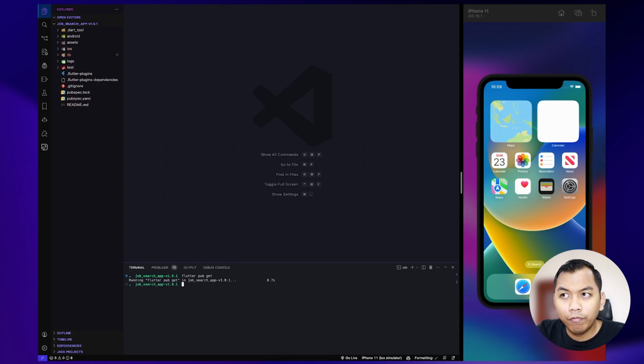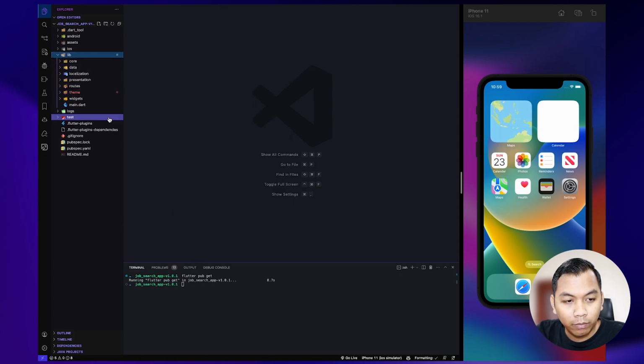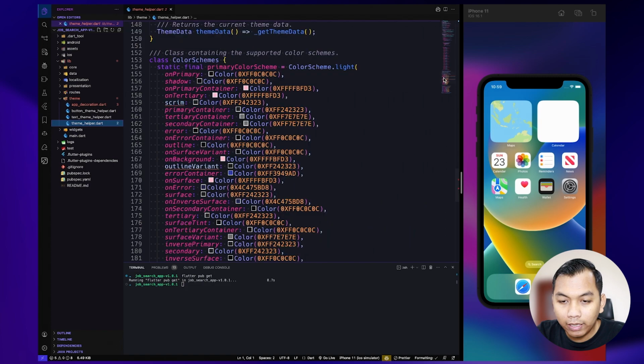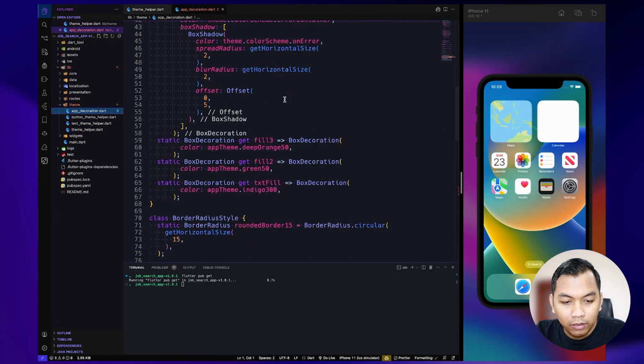Once we finish installing all the dependencies, we see a little bit of a problem inside this theme folder. So we can go to that file and comment out that code. Let's go to app decoration.